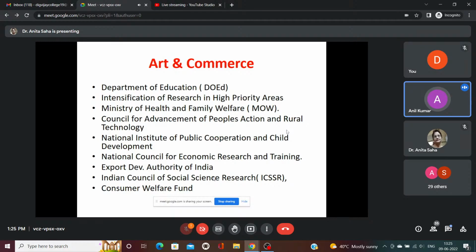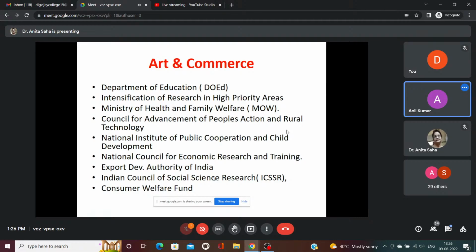Definitely, any researcher should give a bird's eye view on all the sites at least one time in a week, and definitely we should take benefits of any call for proposal. Normally, they are inviting applications at a particular time, and if you are looking at all the sites, then definitely you can apply. Next one.